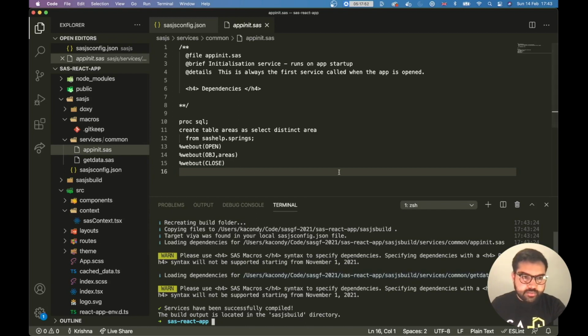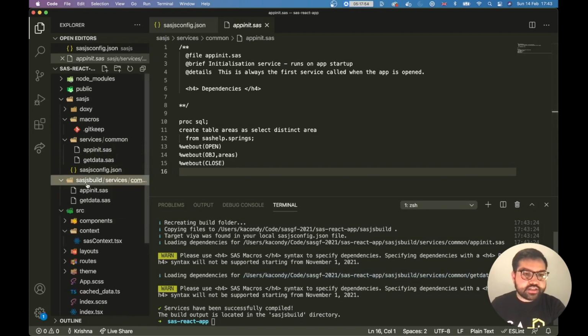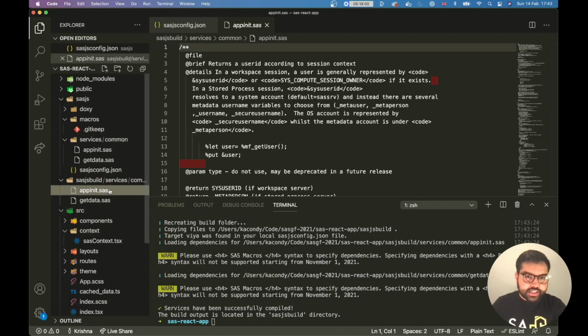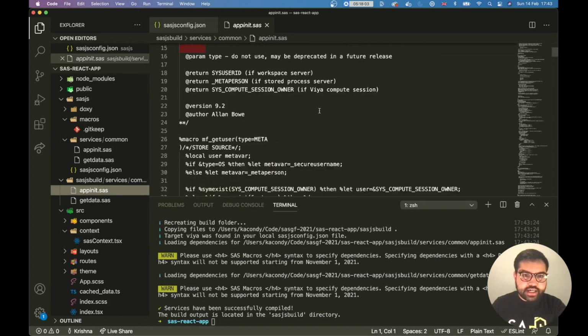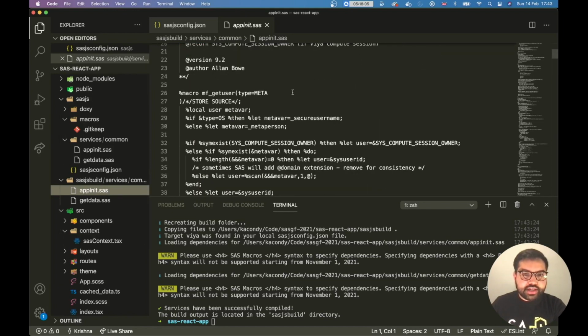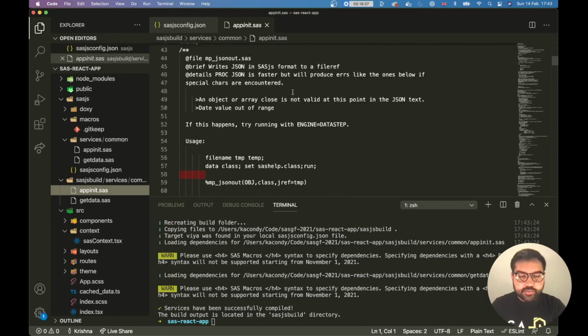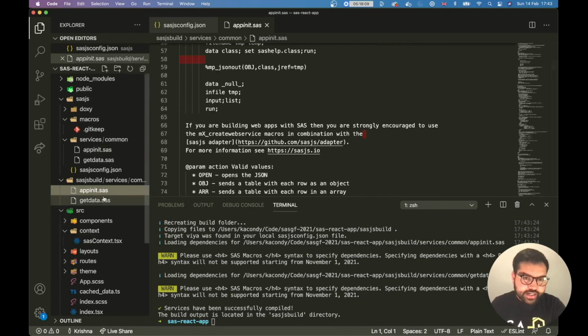All of the compile output and build output is typically directed to the sass.js build folder. If we go into the app init, we will see in there that all of the macros that it depended on have been appended into this build file.